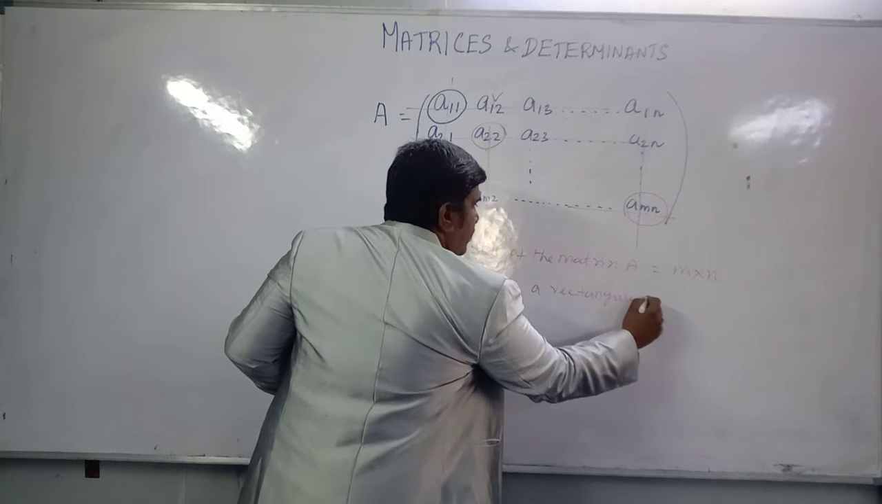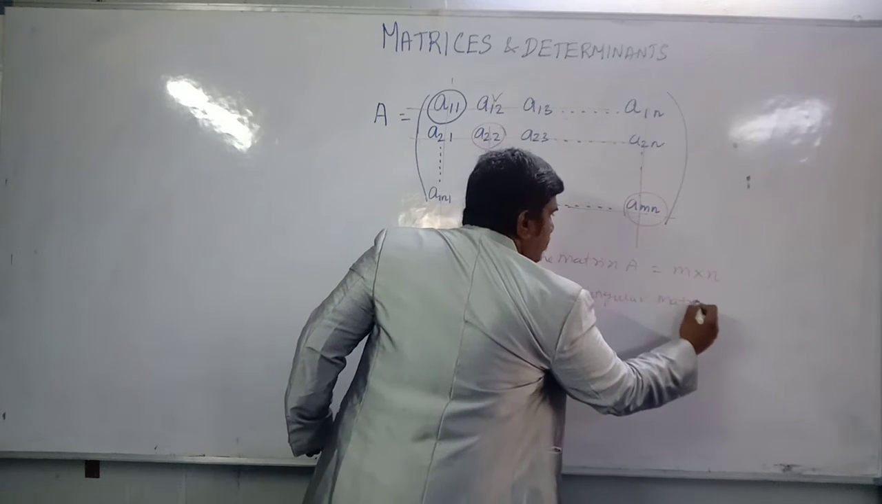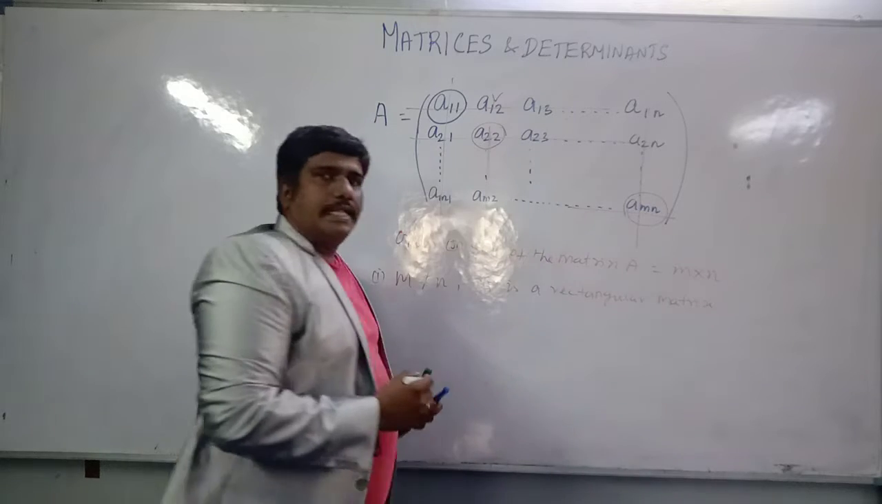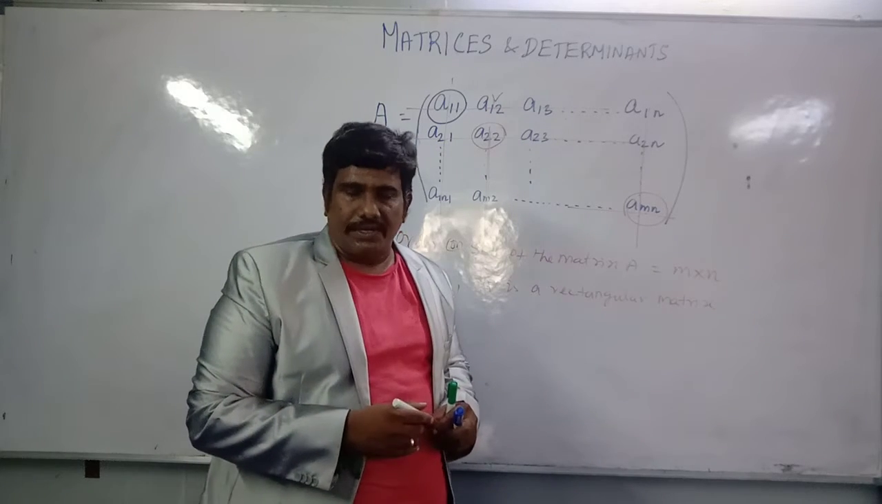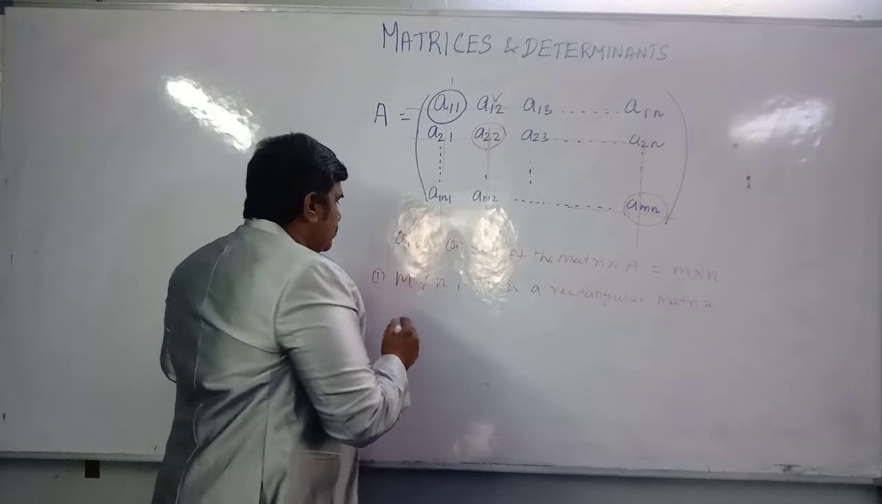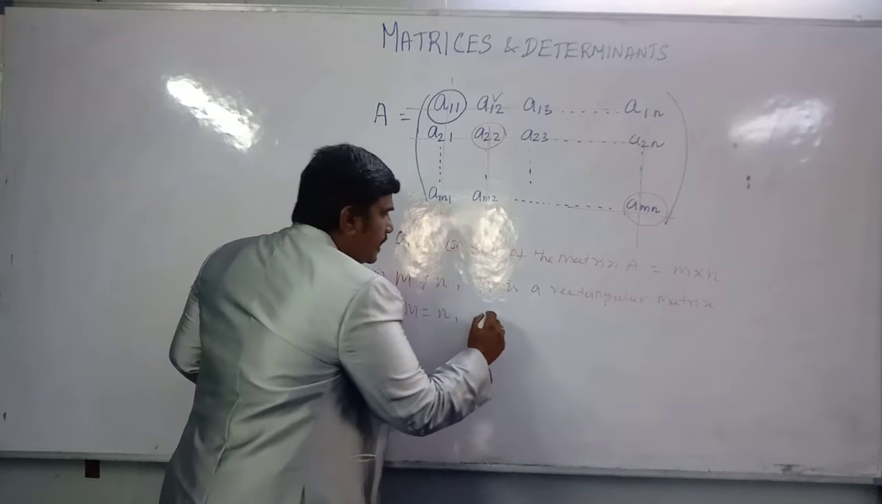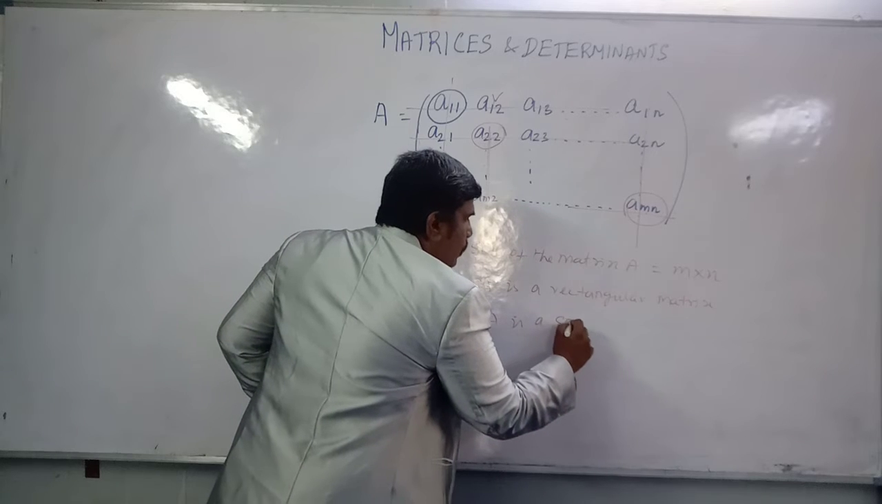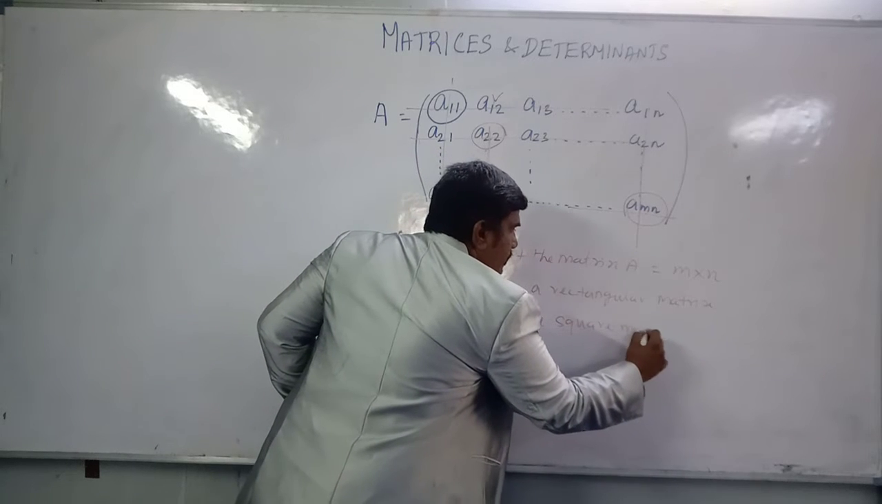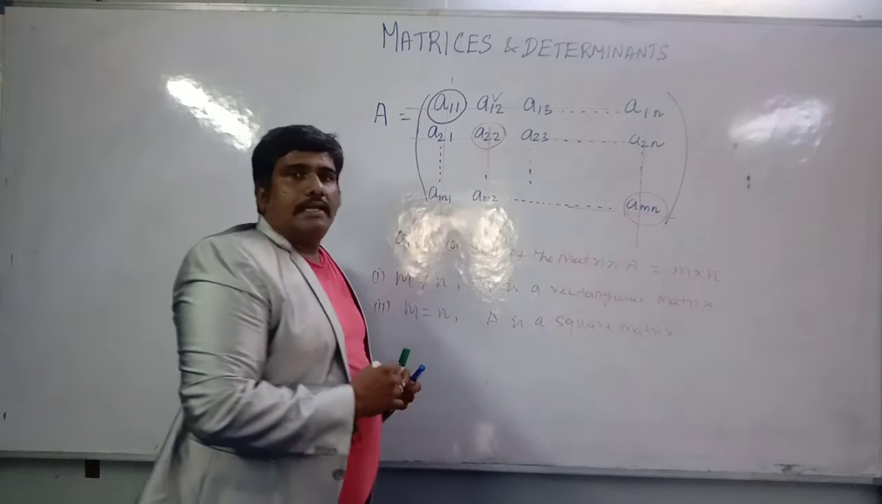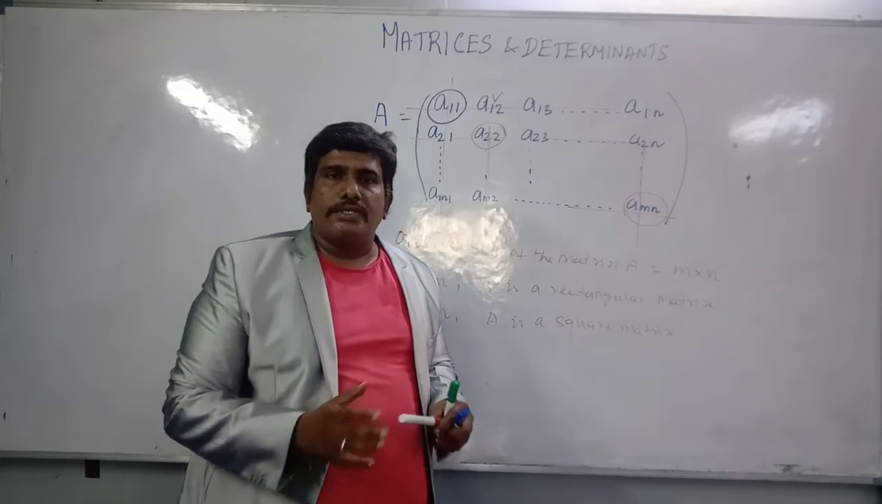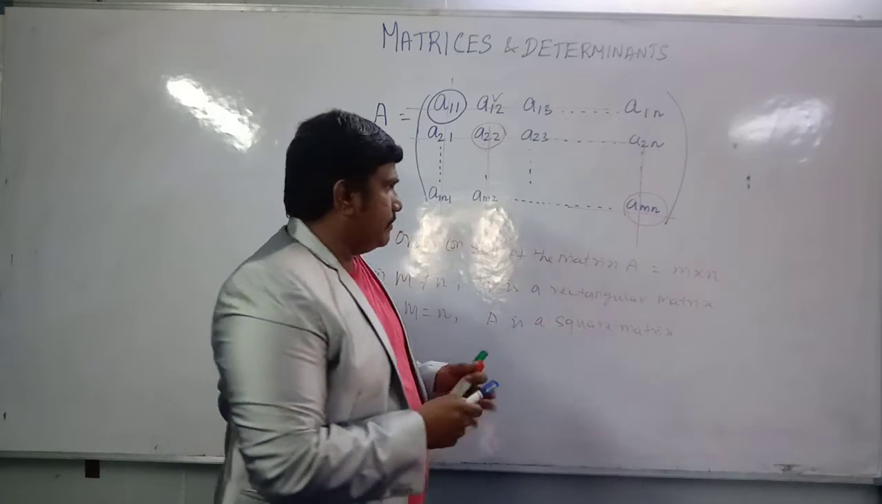So when m is not equal to n, then we can say A is a rectangular matrix. Why is it said to be a rectangular matrix? Because the number of rows and the number of columns are different. And if m is equal to n, then we can say A is a square matrix. What do you mean by a square matrix? Here the number of rows and the number of columns are equal. For example, say for